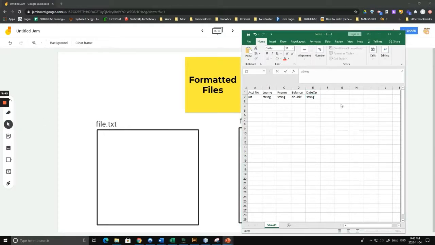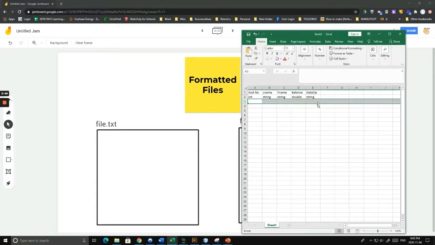So first, a bit of terminology. The individual lines that make up sort of one account in our example, these things are called records. And so if you think of each unique account being a different record, and each of the individual pieces, the columns here, these things are called fields. So we've got records going this way and fields going this way. And so to just give you an example of some data,